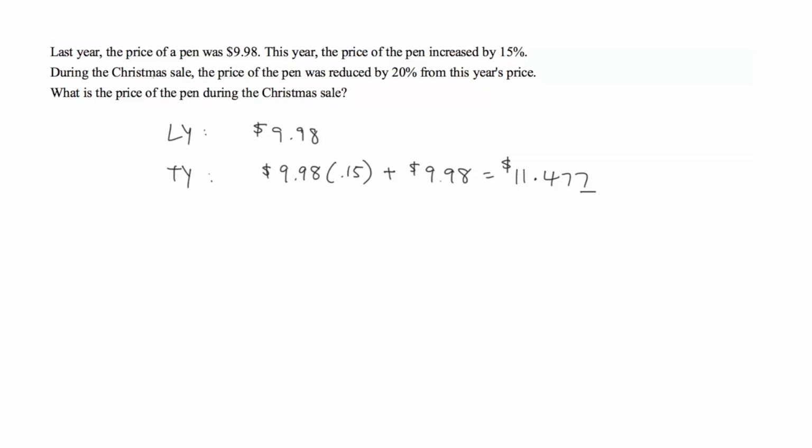Then it says that during a Christmas sale, the price of the pen was reduced by 20%. So we'll say Christmas sale. The original price is $11 and roughly 48 cents. And now we're decreasing this amount by 20%. So this will be the original amount, subtract 20% of that original amount, and this gives you $9.1816. So at this point we can round our answer to